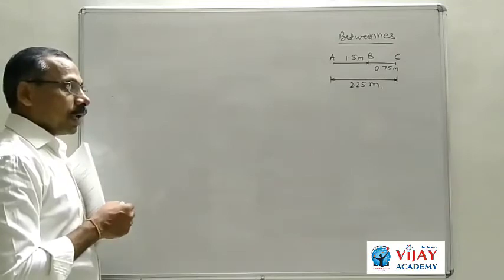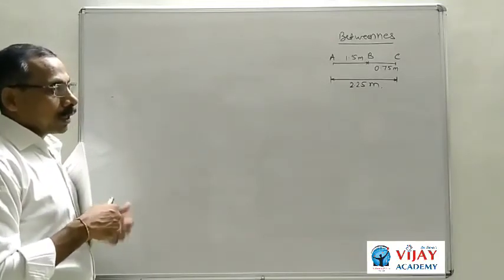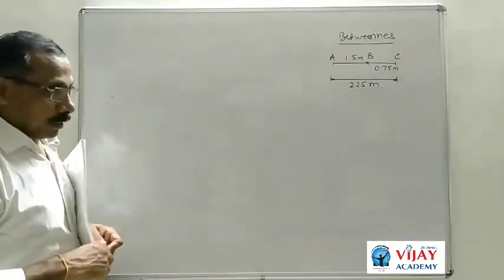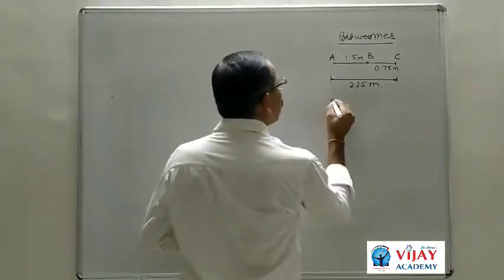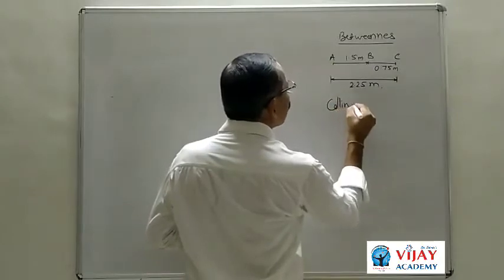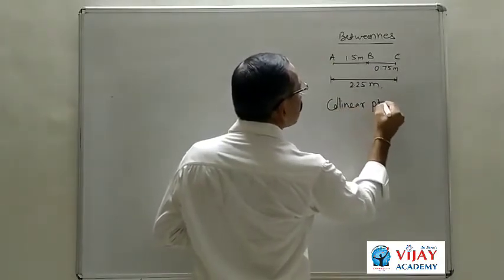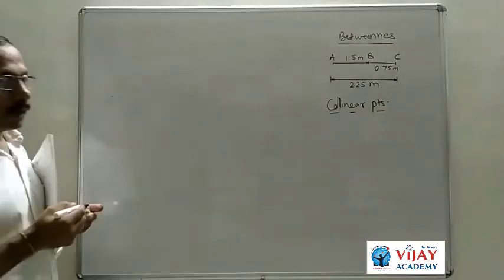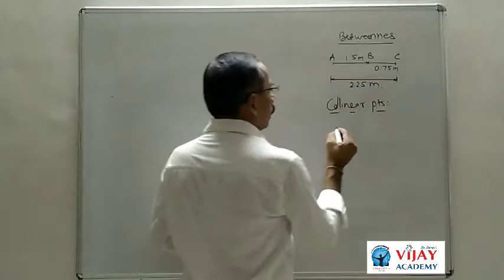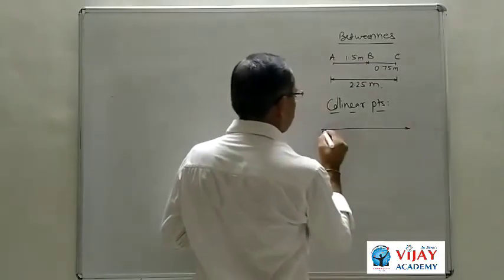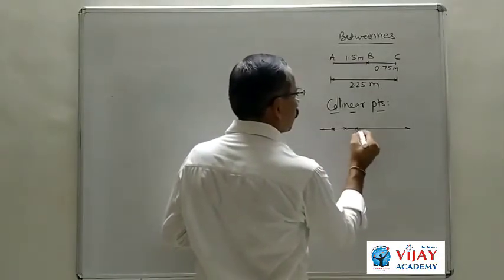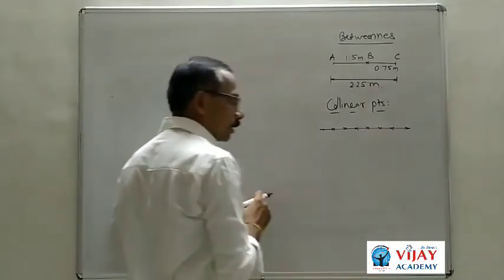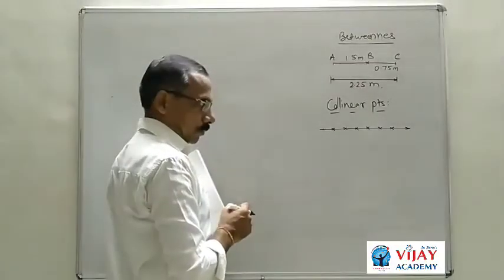That time you can say that given 3 points are collinear, or on a same straight line, and you know that this new concept is collinear points. If 3 or more points lie along the same straight line, this way, you can say that these 3 or more points are collinear points.